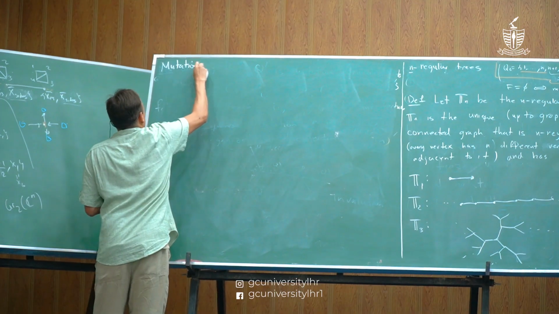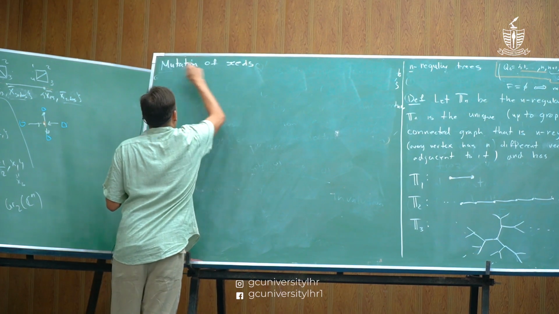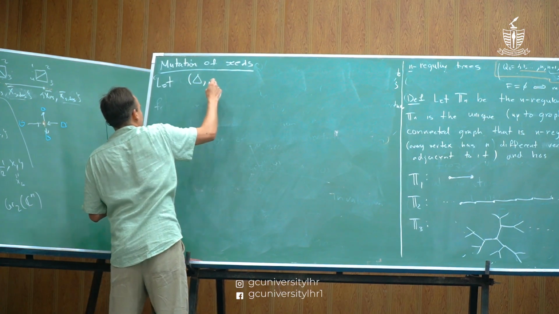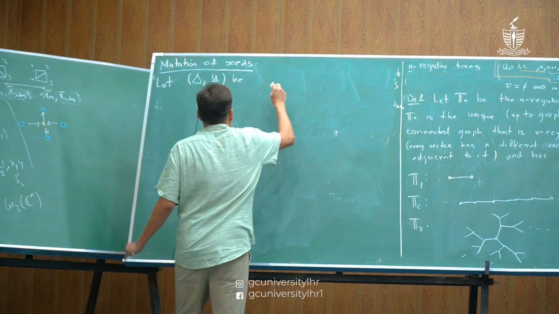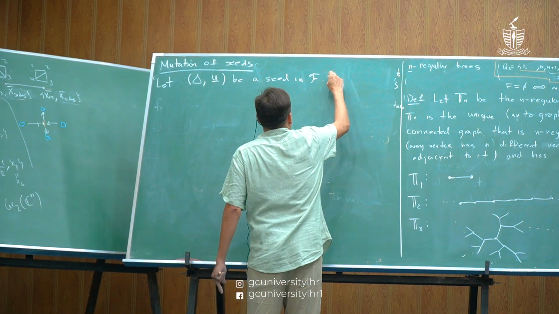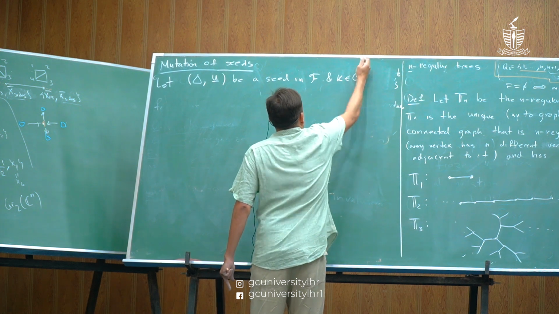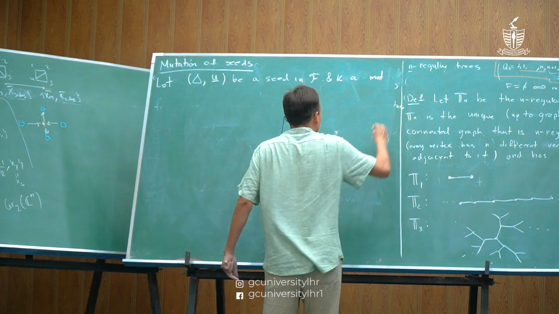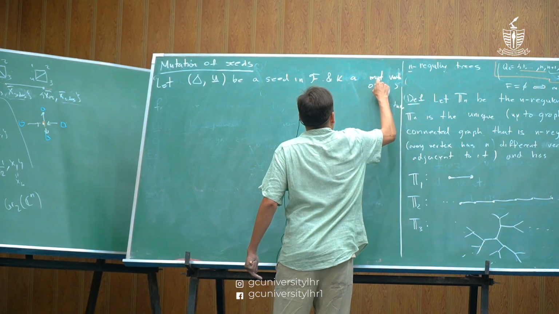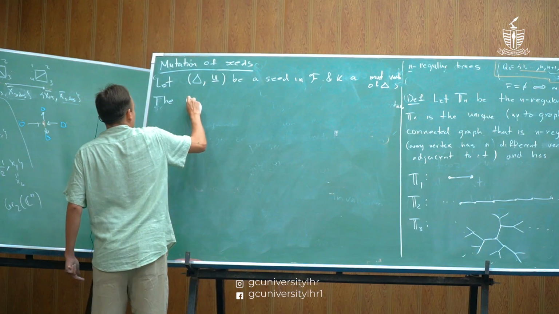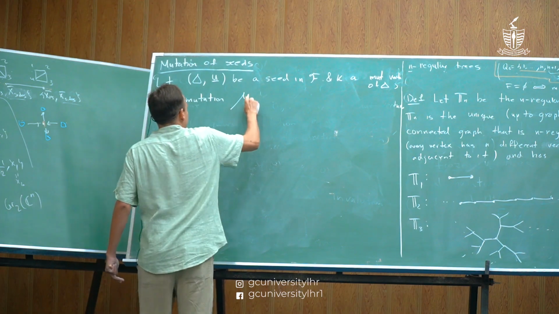So I will erase here. Mutation of seeds. Okay. So let delta U be a seed in F, and Q an element and Q a mutable vertex of delta. Okay? So I choose a seed and a vertex. The mutation of this seed in direction K